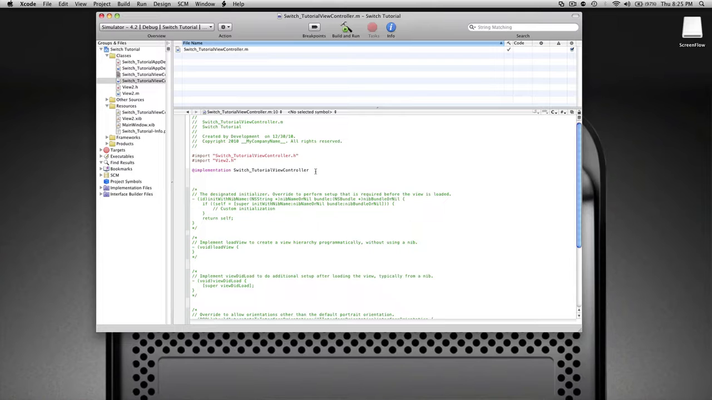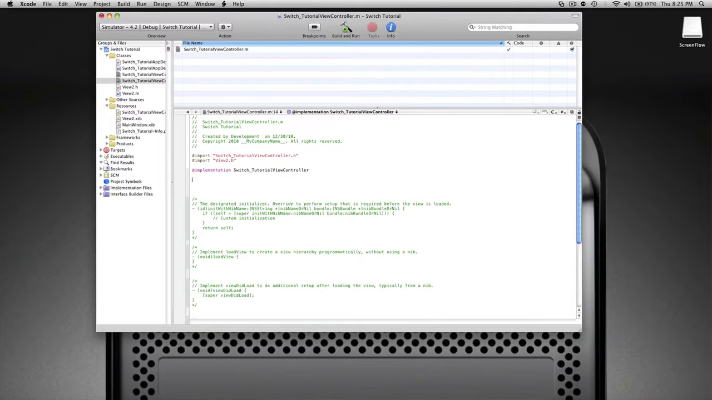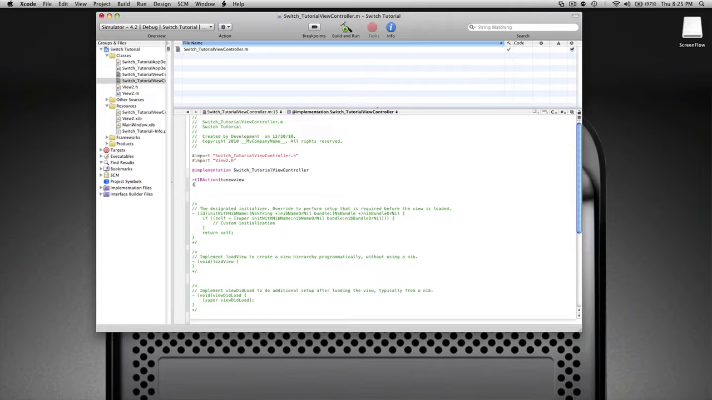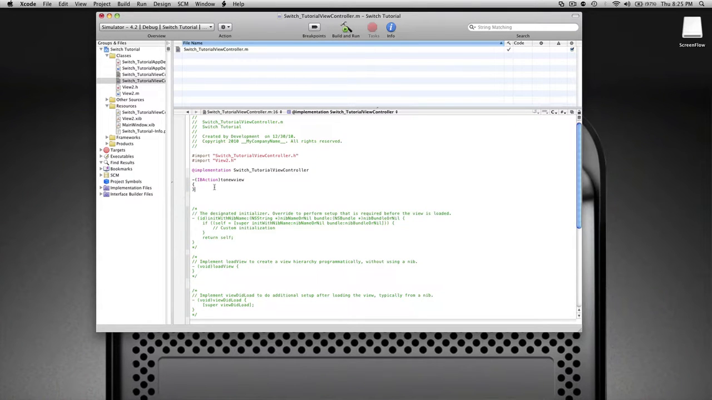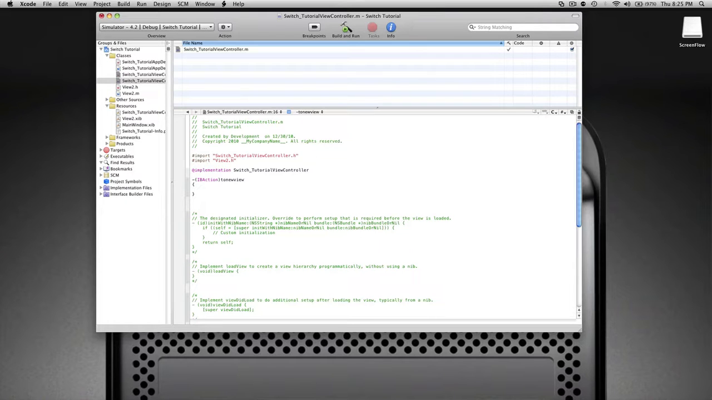.h, and then after @implementation SwitchTutorialViewController, enter 2 times, dash, open parentheses, IBAction, close parentheses, and then toNewView, enter, open curly bracket, close curly bracket. Inside the curly brackets, we're going to enter View2 asterisk newView. That's what we're going to name it. Equals double bracket View2 alloc, close bracket, init with nib name nil, close bracket,